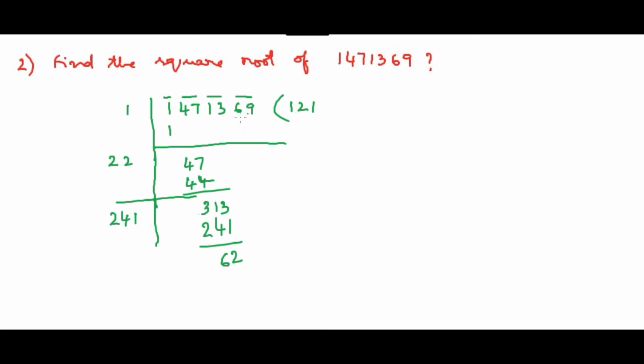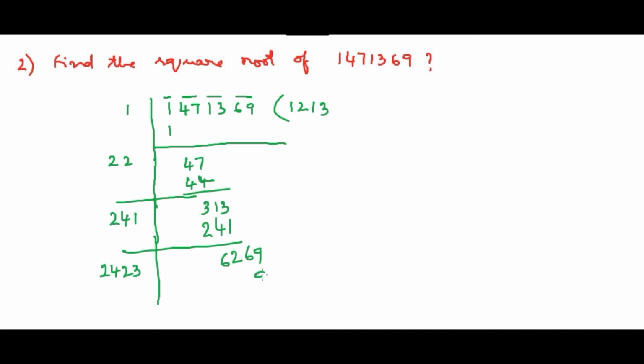Now I want to bring 2 at a time. So it is 69 now. So now what will happen? I need to see 121, so it should be twice, so it should be 242. So 242, if I write 1 here, it will be 2000. Okay, if I write 2, around 2000 only. So 2000 can go in 6000 3 times. So I can directly write 3 and I will check it.